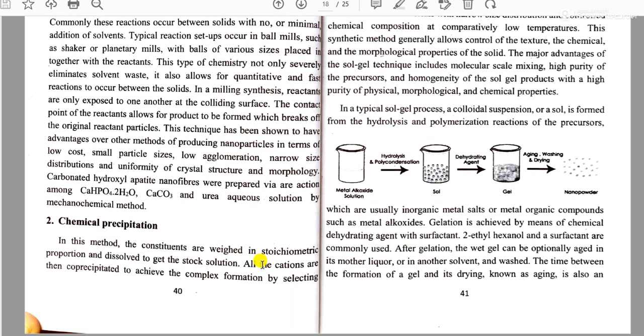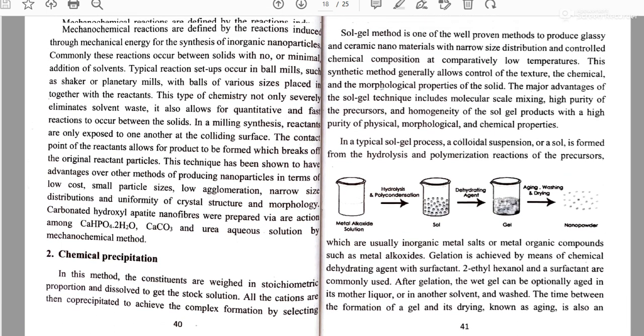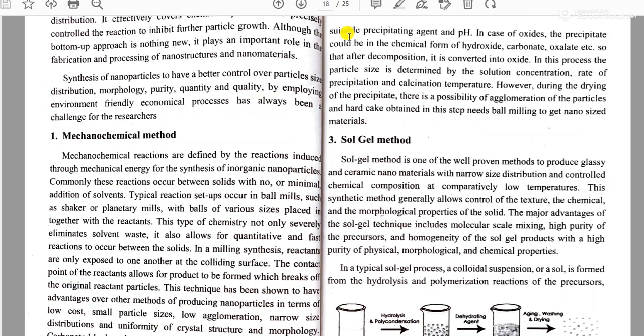And the second technique is the chemical precipitation technique. So in a chemical precipitation method, the constituents are weighed in stoichiometric proportion and dissolved to get a stock solution. All the cations are then co-precipitated to achieve a complex formation by selecting a suitable precipitating agent and pH. So in this technique,